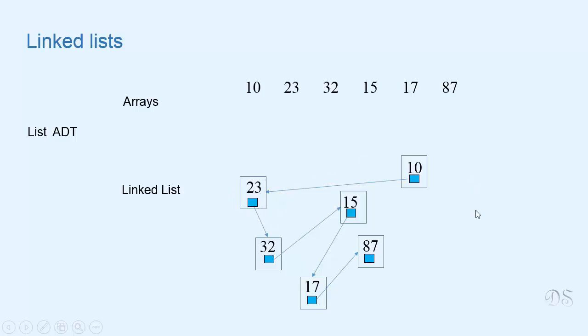We just have to know where the first node is. All other nodes can be found by successively following the links. From first we can go to second, from second we can go to third, from third we can go to fourth, and so on. So while implementing a linked list, we can maintain a pointer to only the first node of the list. And with the help of only this pointer, we can access all the elements of the linked list. We'll call this pointer start.